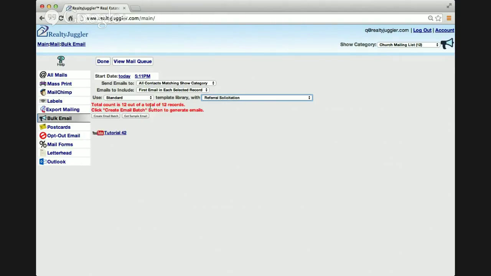And you can see that all of these records have an email address, and I can go ahead and create that email batch simply by clicking here. And it's going to go ahead and send a letter to each of those people on my list, all by using this category. Now, categories can be used to go ahead and send bulk emails, mass printed letters, even going